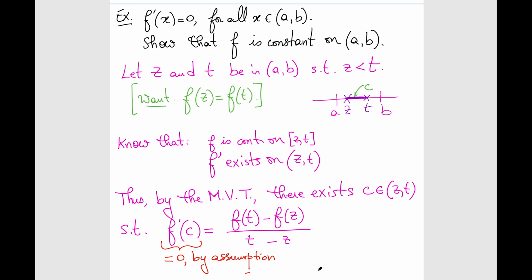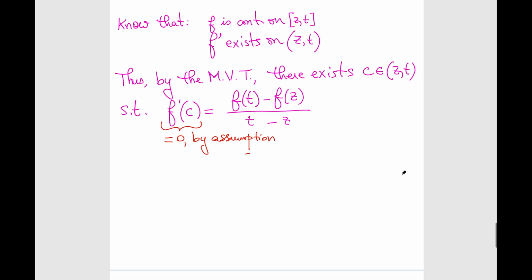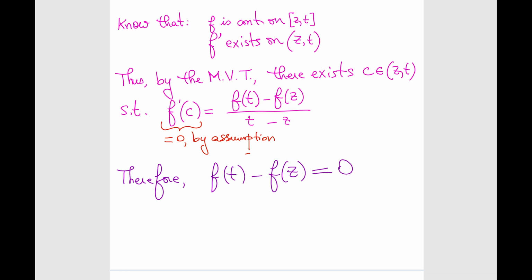So this means, let me finalize it here. Therefore, f of t minus f of z, the numerator, must be 0. Why? Because this quotient is 0 at the end of the day, and the quotient is 0 exactly when the numerator is 0, which means f of t must equal f of z